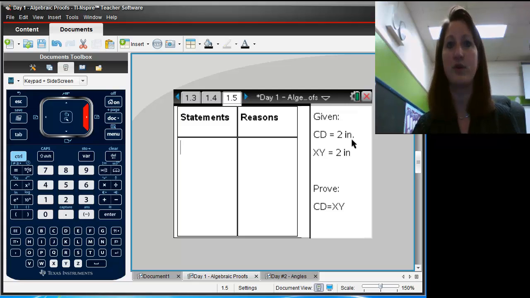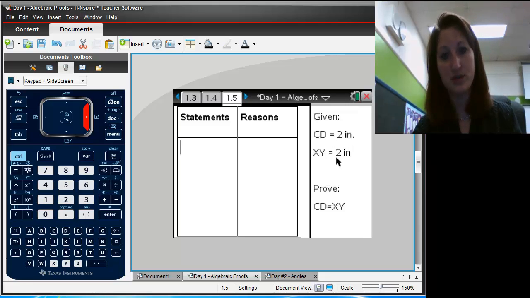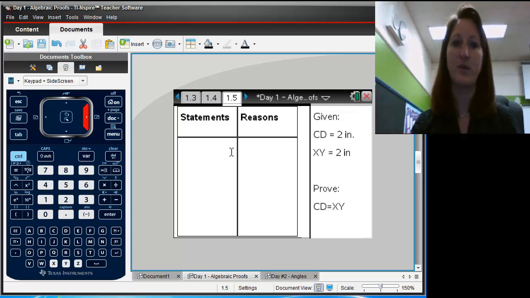So I, or whoever is writing the proof, will have to tell you some stuff to kind of get you started, and then we will ask you to prove something. So what we have here is that CD equals 2 inches and XY equals 2 inches, and we want to prove that CD equals XY. Now,